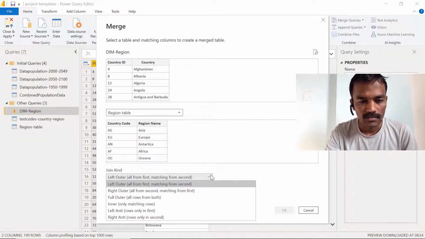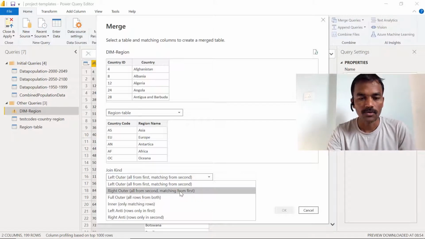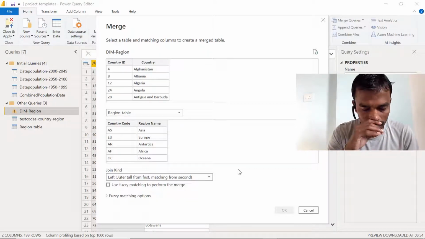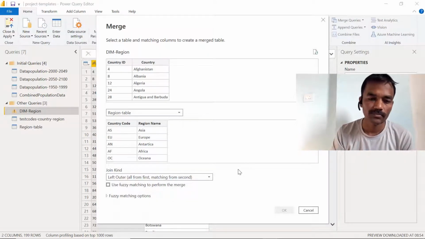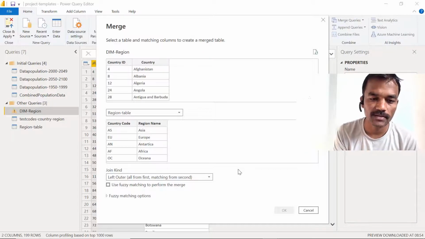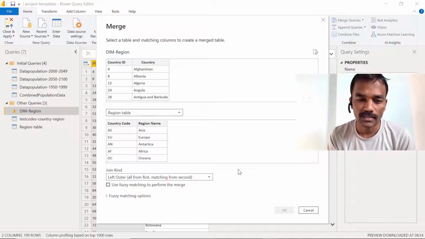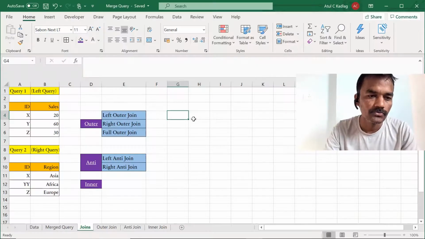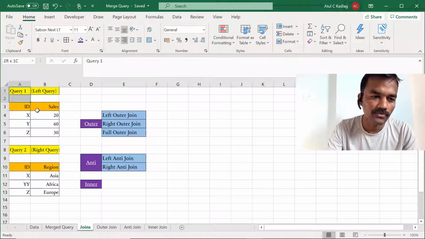You can see there are almost 7 to 8 joins available here, but which one to use, this all depends upon the data and what type of data it is. But before we do this, let's try to understand theoretically where the join kind is available here. When it comes to join kinds, we again have two queries as an example just to understand.